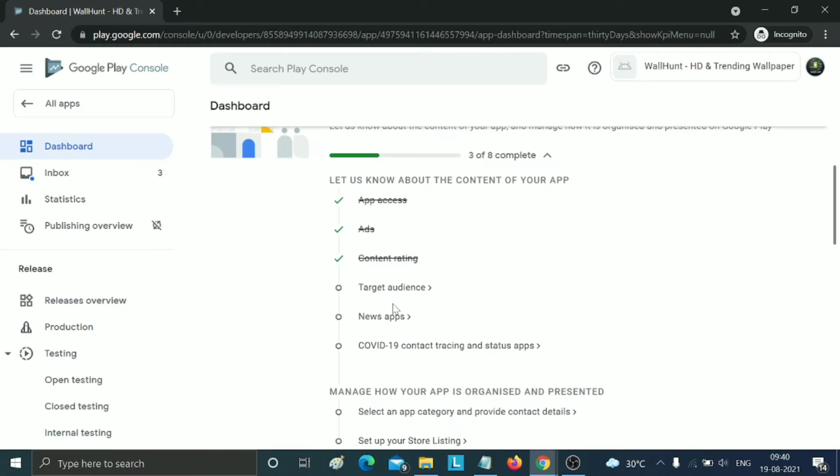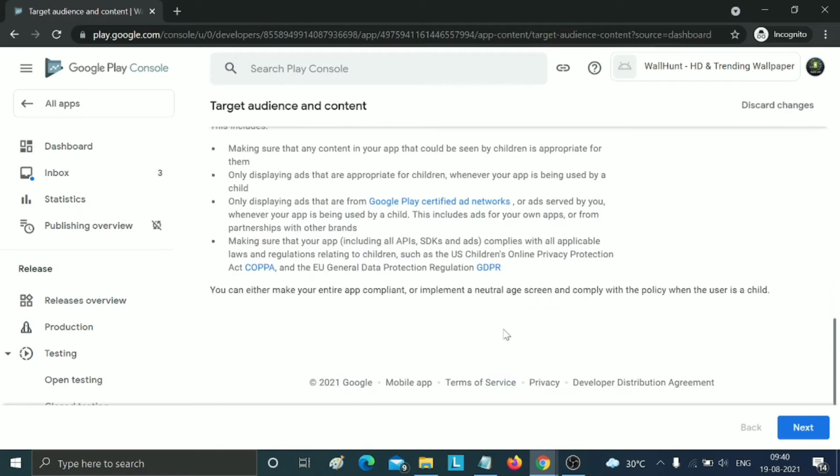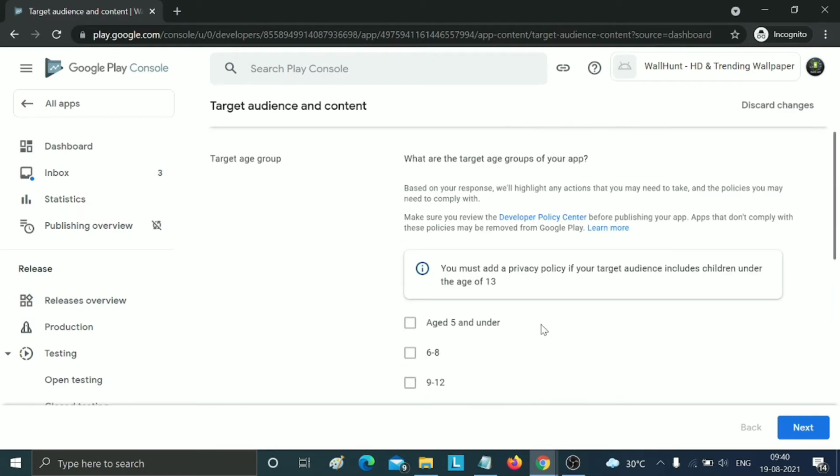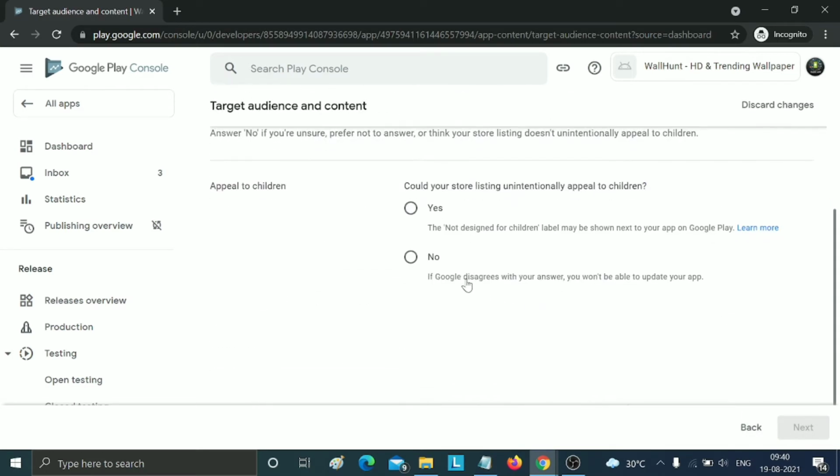Going down, just click on target audience. We just set the target audience according to the application. So we just target 13 to 15, 16, 17 and 18 and over. We just select this and click on next. You just need to add the target audience according to your application.